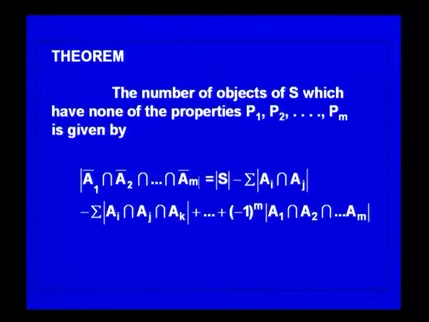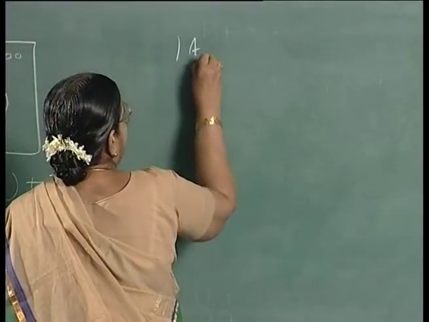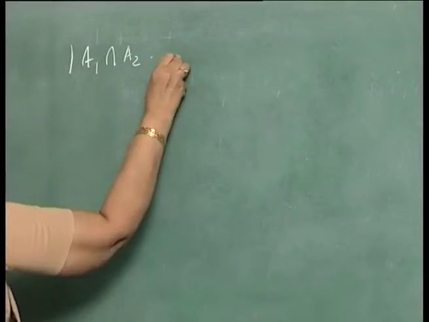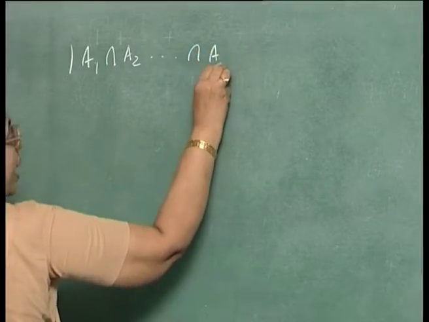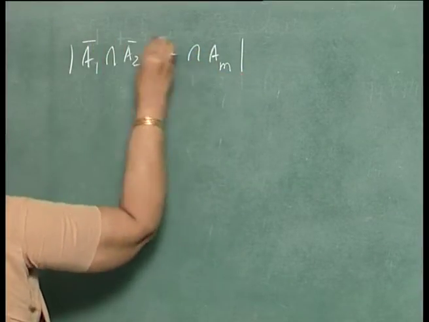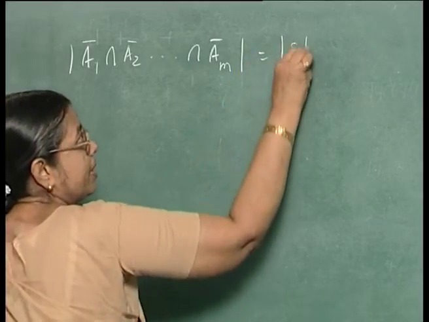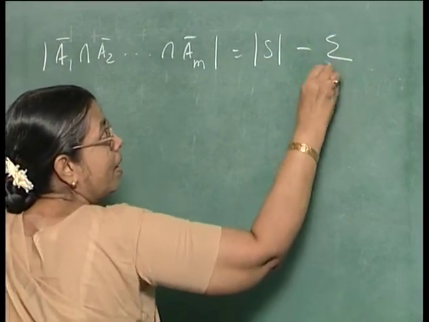The number of objects in S which have none of the properties P1, P2, ..., Pm is given by A1 bar intersection A2 bar etc. The number of elements in this set is equal to the total number of elements minus, there is one term missing here, it will be like this: the number of elements in A1 bar intersection A2 bar intersection Am bar equals the number of elements in S minus sigma i